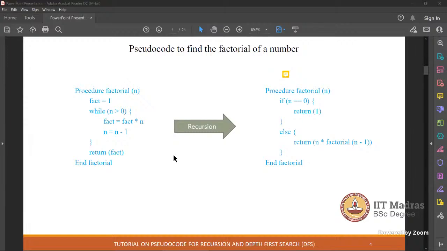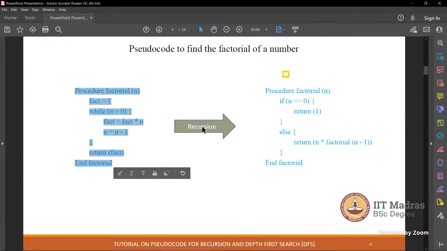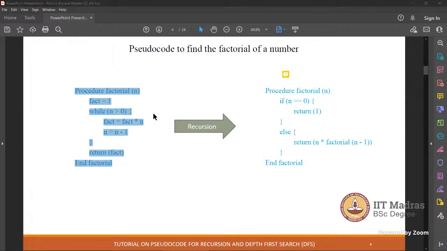That's how we have studied this naturally in mathematics, and recursion is the exact translation of that mathematics into code. There is nothing wrong in this code. It's just another way to solve the same problem with a different method.